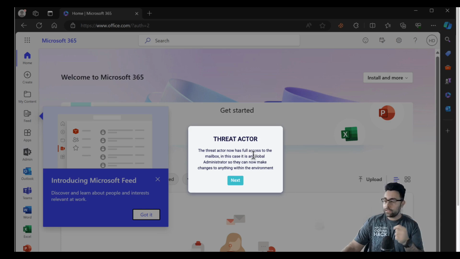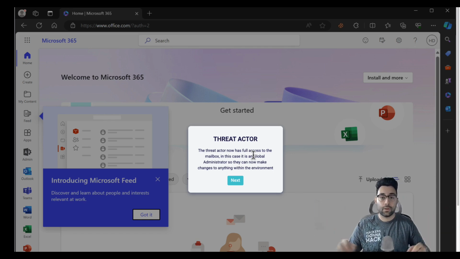Could you imagine if this was the CEO's 365 portal, that they gain access to the mailbox, they start spoofing emails, they start sending them to other partners out there. So not only have they potentially affected that organization, but they can spread to multiple organizations by sending malicious links to those organizations. And because it's coming from the CEO, in this case, with the scenario that I've just made